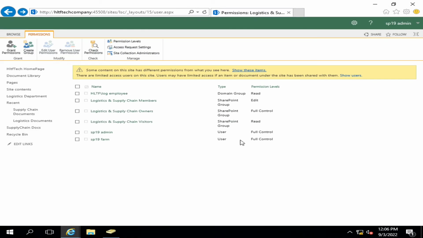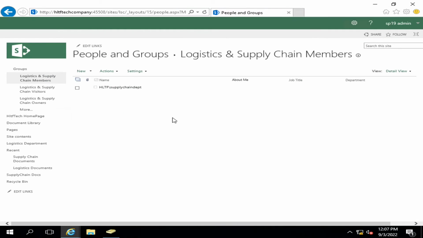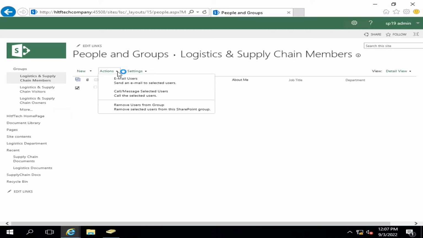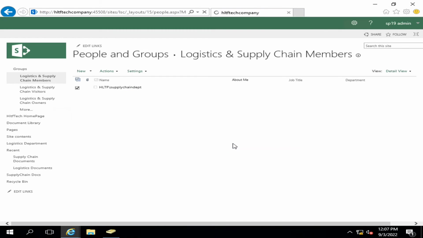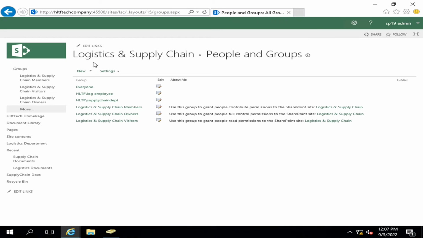Okay, what I've done is granted permission to the supply chain department, and when I don't assign any option, it will by default give it the membership of the edit group, supply chain members edit group. But if I want to add some user groups here, what I'm going to do is this: